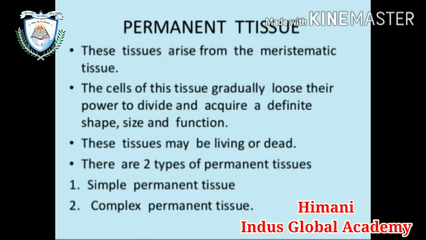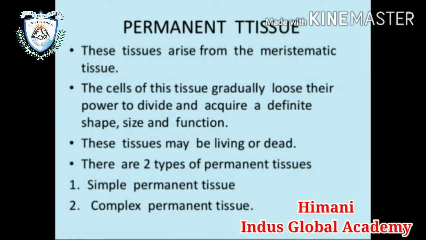Permanent tissue, in simple words, are those tissue in a plant that contain non-dividing cells, or those cells are modified to perform specific function in the plants. The cells of the permanent tissue are derived from the meristematic tissue. These cells are large and of a definite shape and size. A large vacuole is present inside these cells. Metabolism occurs in the cells of permanent tissue, but at a lower rate.